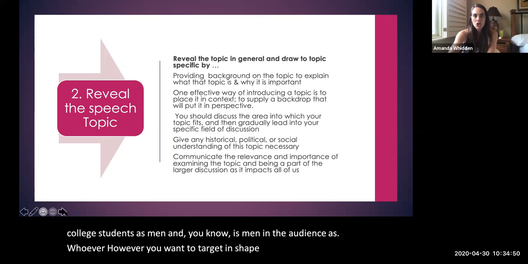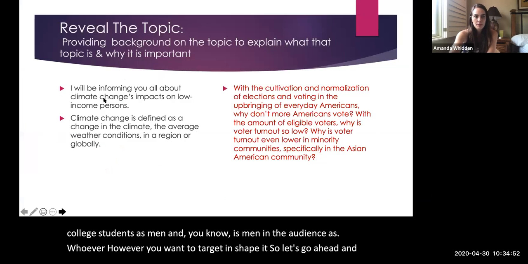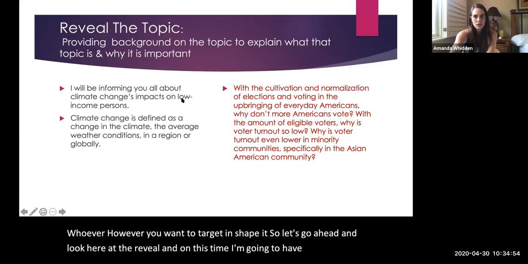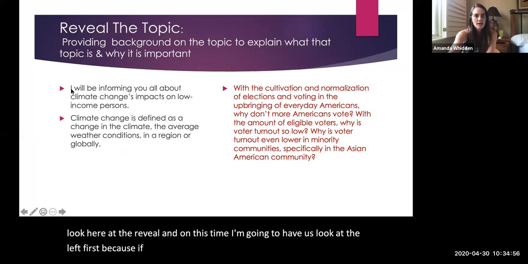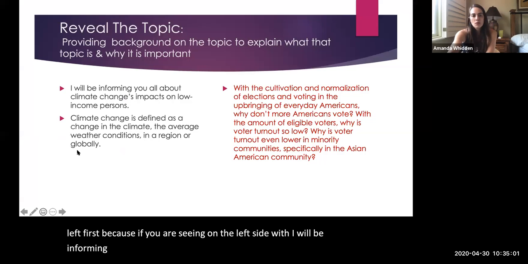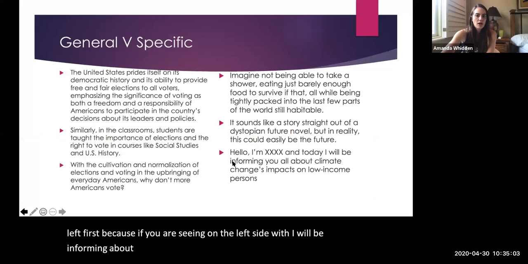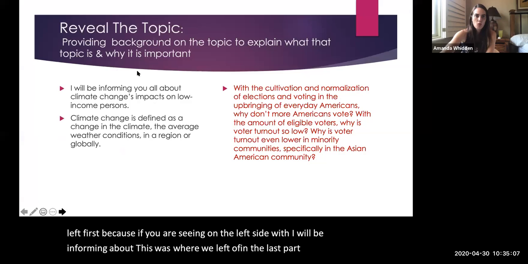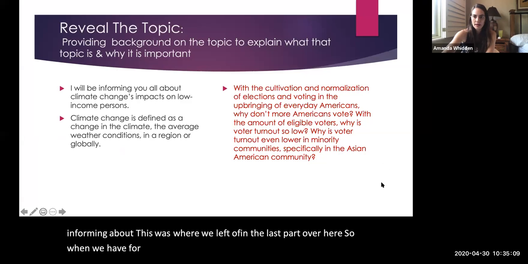So let's go ahead and look here at the reveal. This time, I'm going to have us look at the left first, because if you are seeing on the left side the "I will be informing you about", this was where we left off in the last part over here. So what we have for the reveal topic, so let's see,